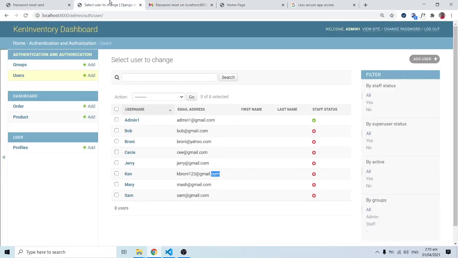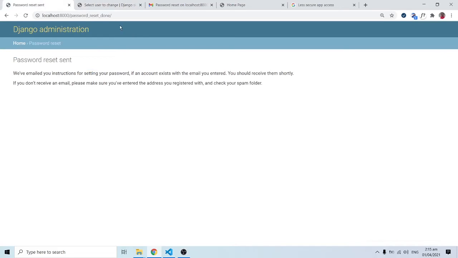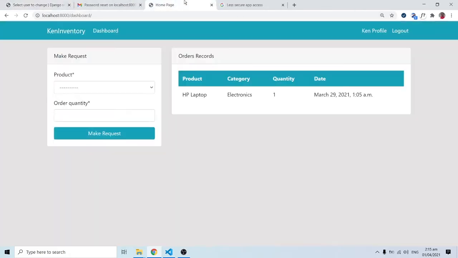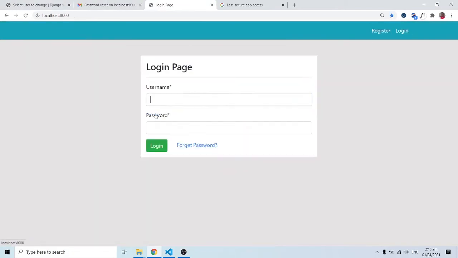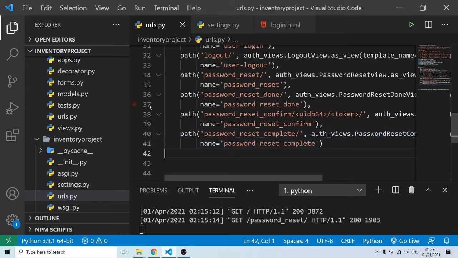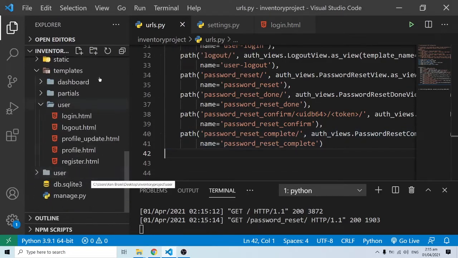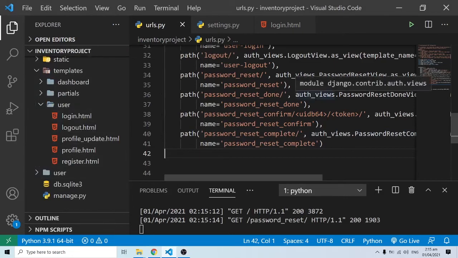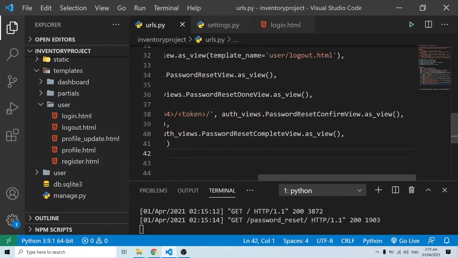All right, but clearly we don't want to be resetting our password when, let me close this one over here. We don't want to be resetting our password. Let me log out here too. We don't want to be resetting our password and having these views over here. Clearly we would want to modify things, and in order to do so, we are going to create some kind of templates over here so that you can render those templates instead of just putting out the default Django stuff